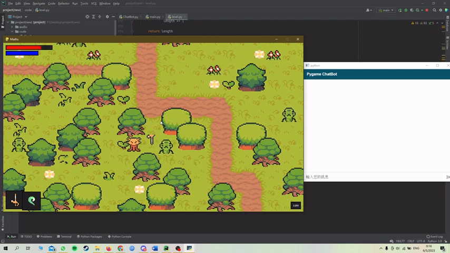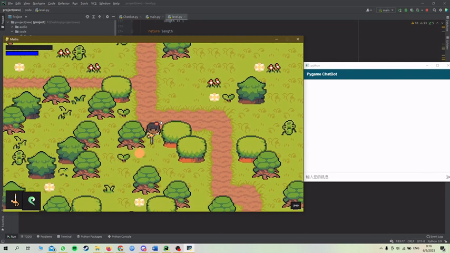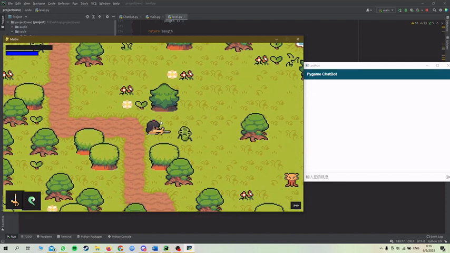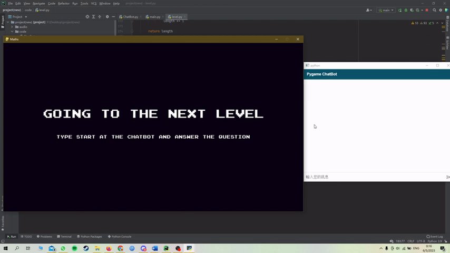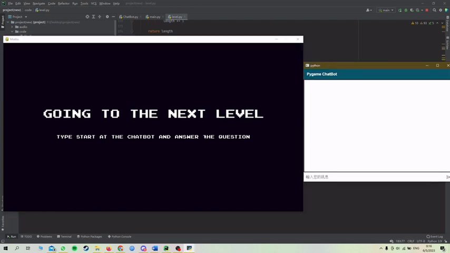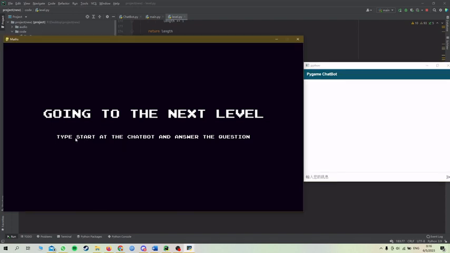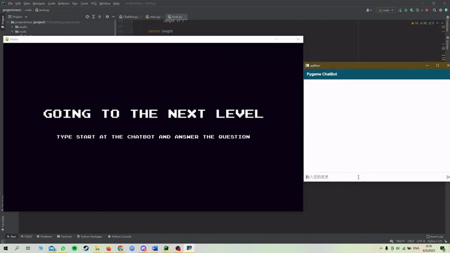So in level 1, we need to kill enough monsters to go to the next level. Now it pops up some words, as we can see. It tells me to type start in the chatbot. So we type start in the chatbot. Then the chatbot will ask our name, then we type our name. And we choose the level 1 question. Then it will ask